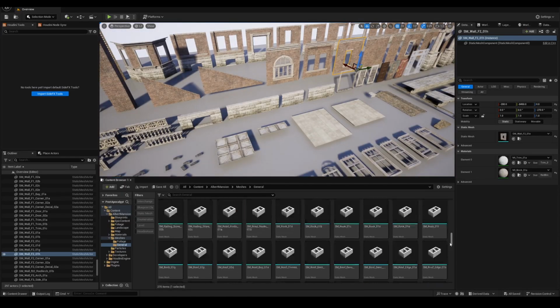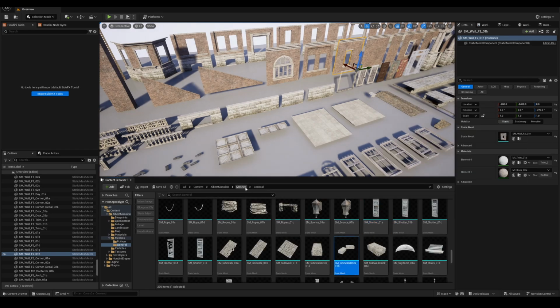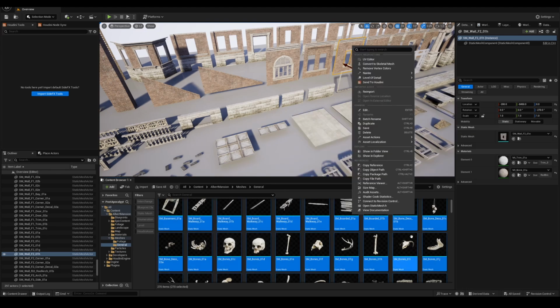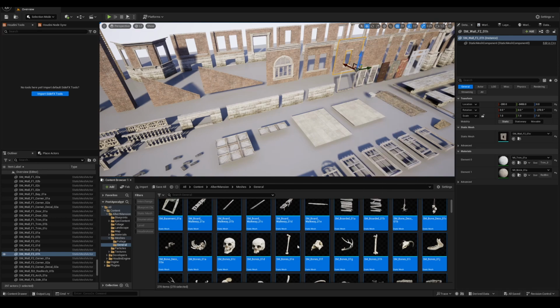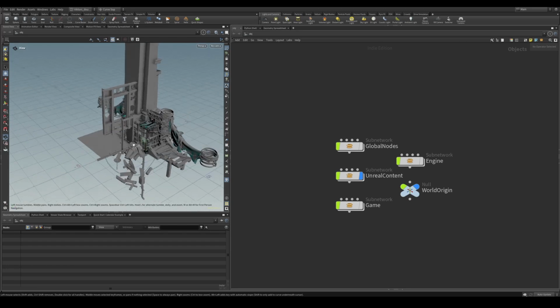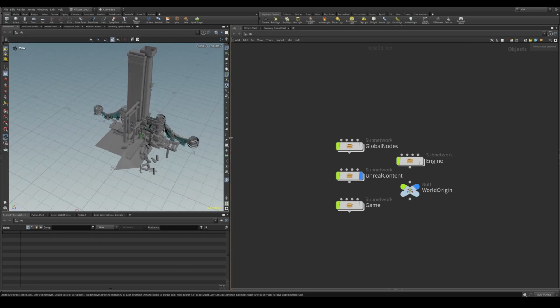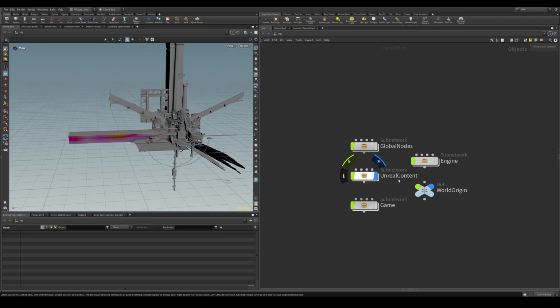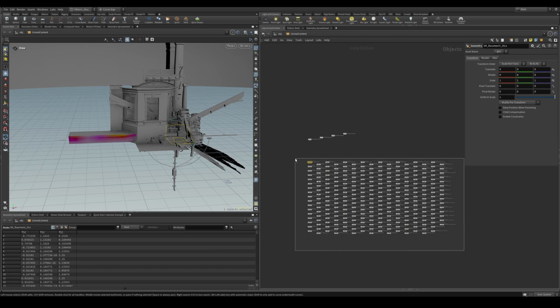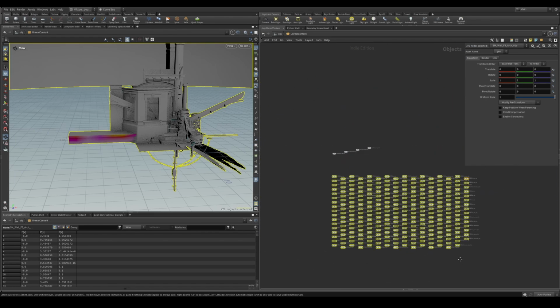In this general mesh folder we have 270 items. Just select them all, and if you have installed your plugin correctly, there is an option to send to Houdini. Just press it and open up Houdini. You can see we are now exporting all of the geometry inside Unreal Engine to Houdini, and all of these files are going to be located under the Unreal content. There's no option for me to see how many, but since we exported 270 static meshes, this should be 270 overall